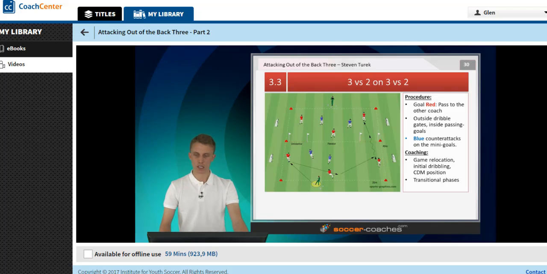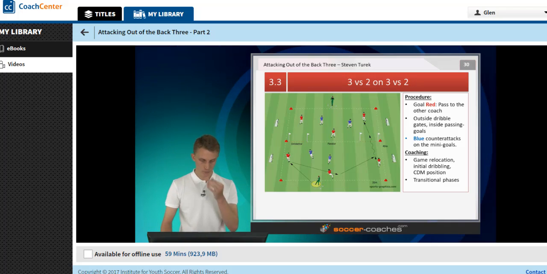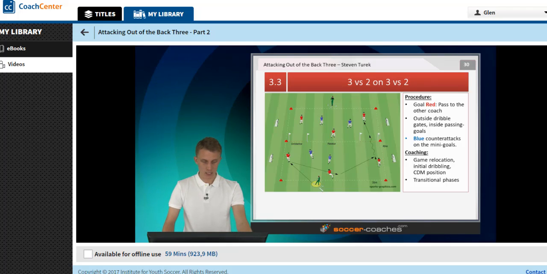Let's get to a game type that works precisely towards the back 3 and enables this formation to be seen more precisely. The coach plays the ball in here. In the first half, they play 3 against 2 strikers. In the middle, we have a passing goal that the ball